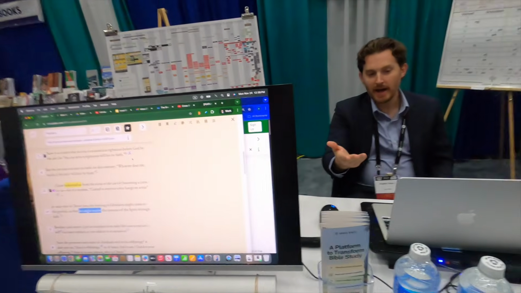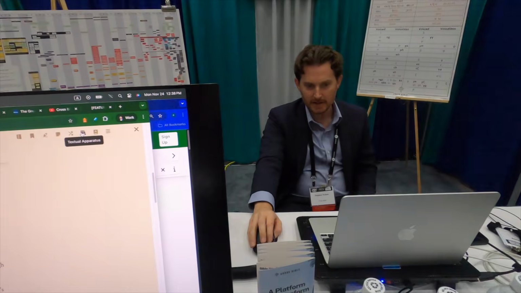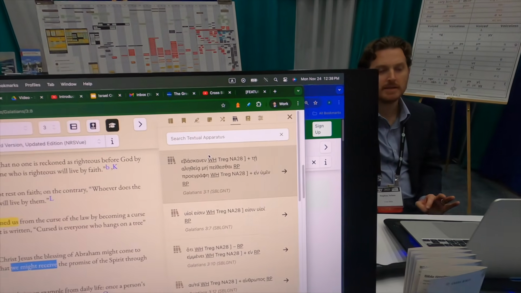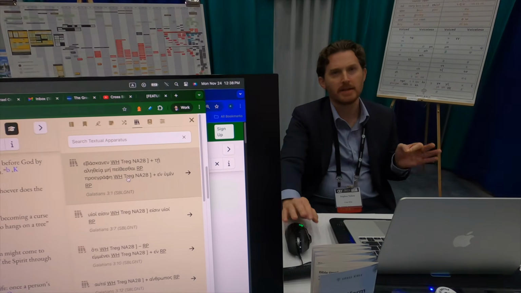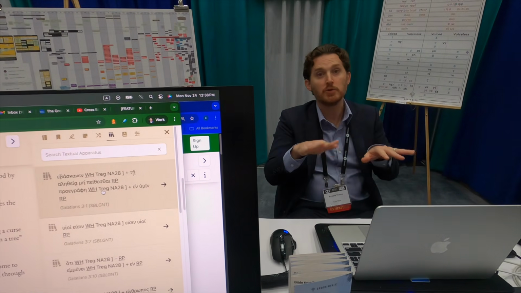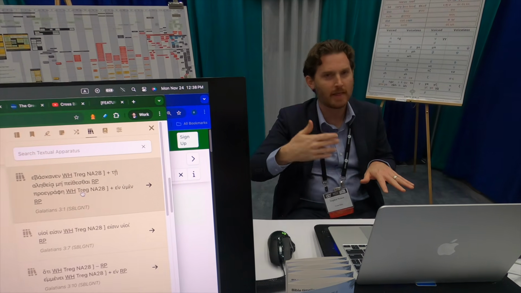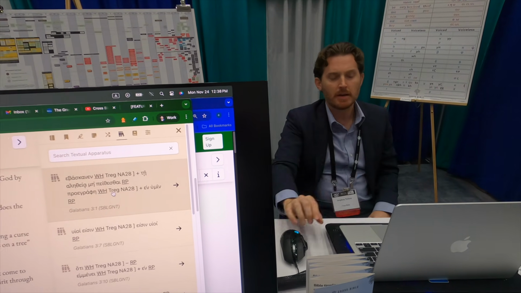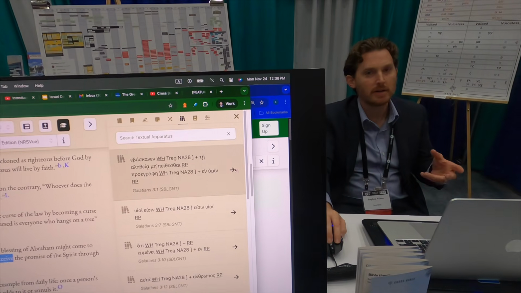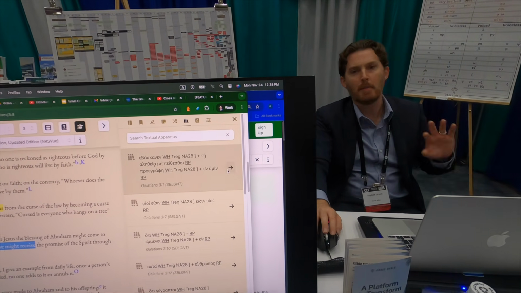Well, in the pilot, we have a textual apparatus that's integrated into the study tools right now. This is the SBL apparatus. The thing to note about the SBL apparatus is it's minimal. This is your entry point into textual criticism. It's our first apparatus. We'll hopefully be licensing more apparatuses. But the thing to note about this is that it's really pointing at critical editions. It's not pointing at, like, papyrus, right?